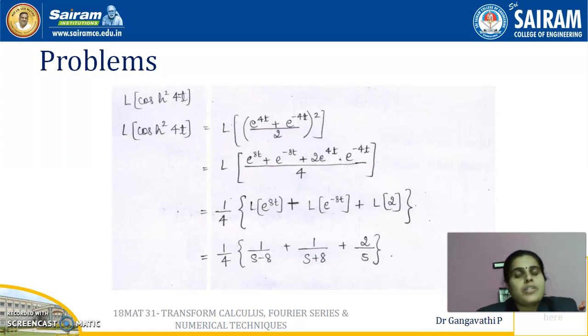And since we have a square in the given problem, put the square on the given function. So expand the numerator and denominator. The numerator can be expanded as a plus b whole square, and the denominator 2 square is 4. So on expanding we get 1 divided by 4 into L of e to the power of 8t plus L of e to the power of minus 8t plus L of 2. So on applying